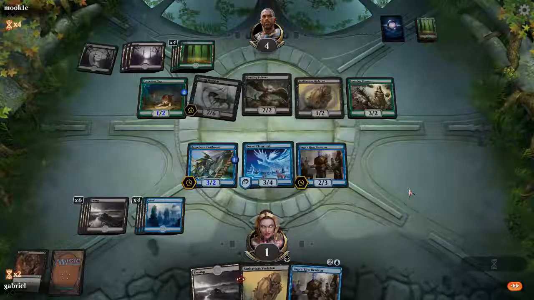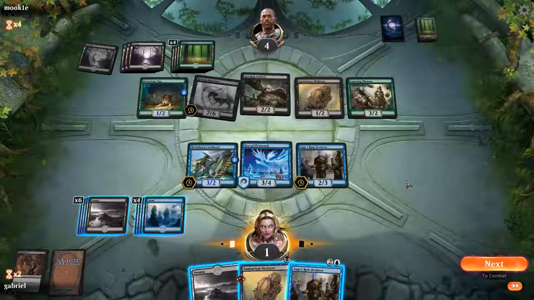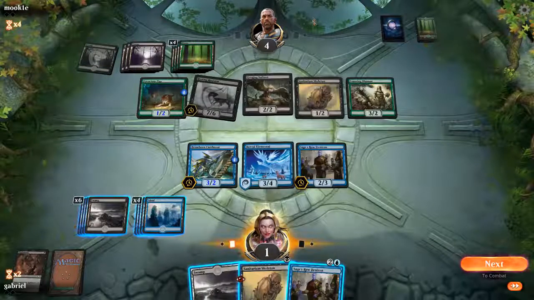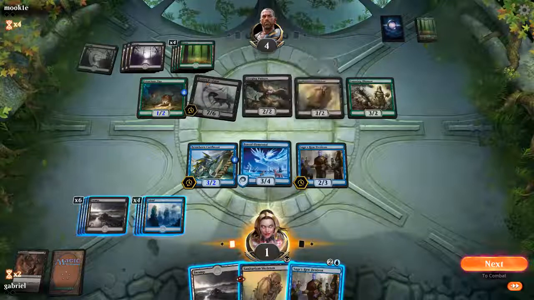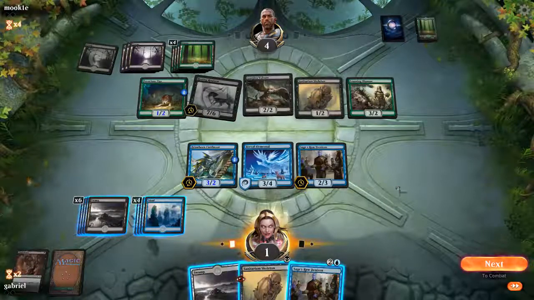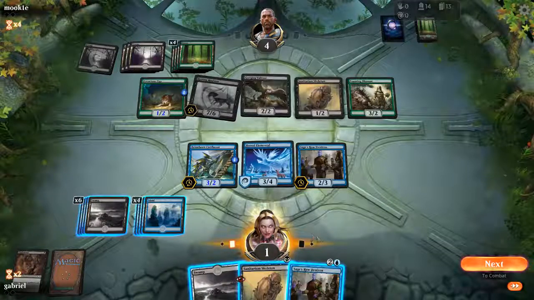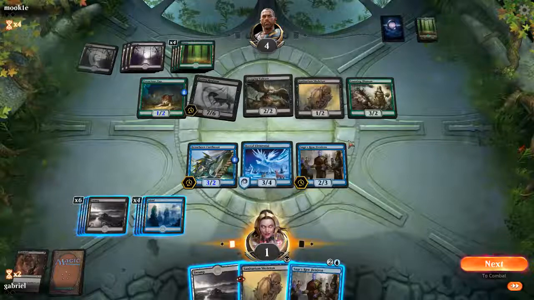Close game here, very close game. Alright, so we drew a Denizen, which means what? If we attack with the Brineborn, the Brineborn is not a great attacker anymore because they can put a Ferocious Pup plus Skeleton on it. So if we play Denizen plus Skeleton,